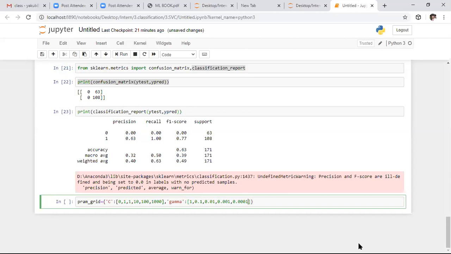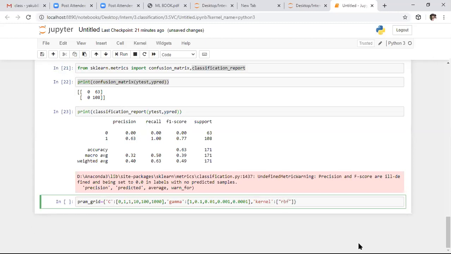After this, the kernel. We have the kernel parameter also, right? I want to consider the kernel, by default the RBF kernel only. The RBF kernel is the best kernel for nonlinear problems. That's why I want to choose the kernel as RBF only. So here I am specifying these parameters.